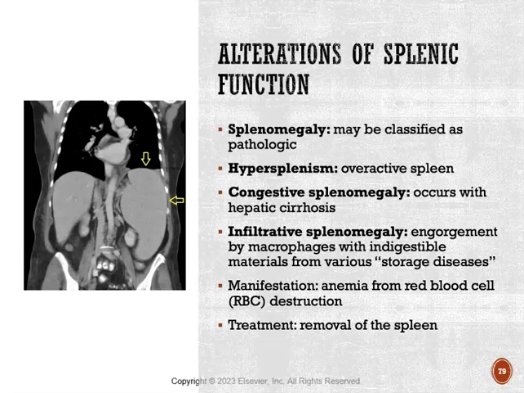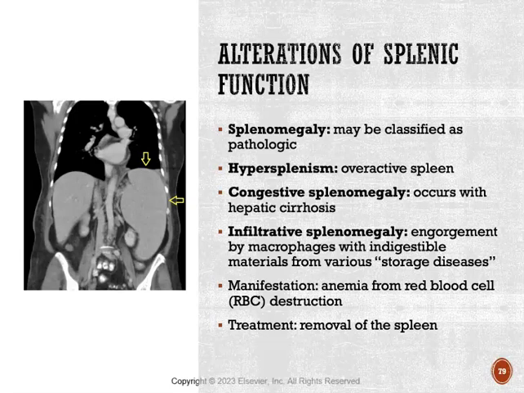And then when we have alterations to splenic function, we know that the spleen is going to be important for filtering our blood and supporting our immune system too, right? But when its function becomes abnormal, we're going to start to see some complications arise. So if we have splenomegaly, that means we have an enlarged spleen, and that can indicate underlying disease and may become pathologic. And one concern is hypersplenism,